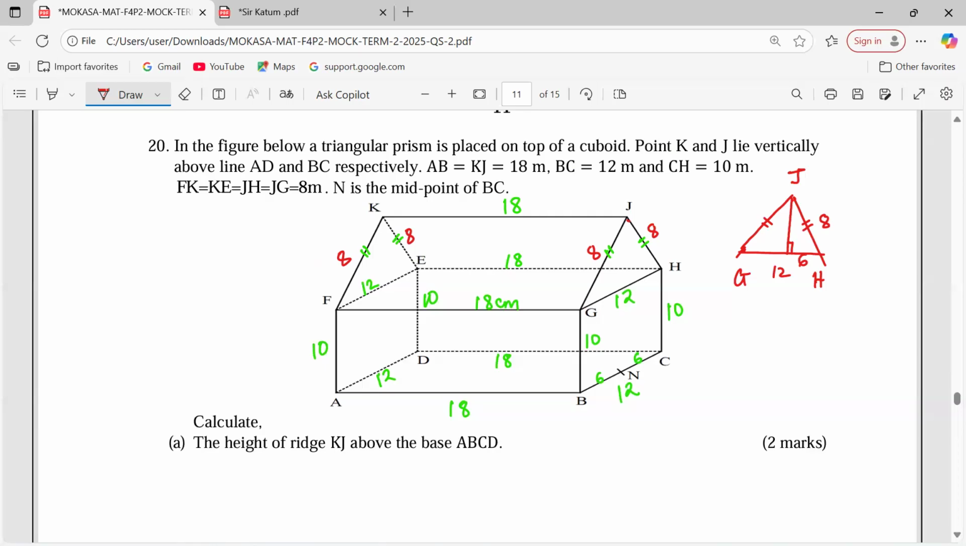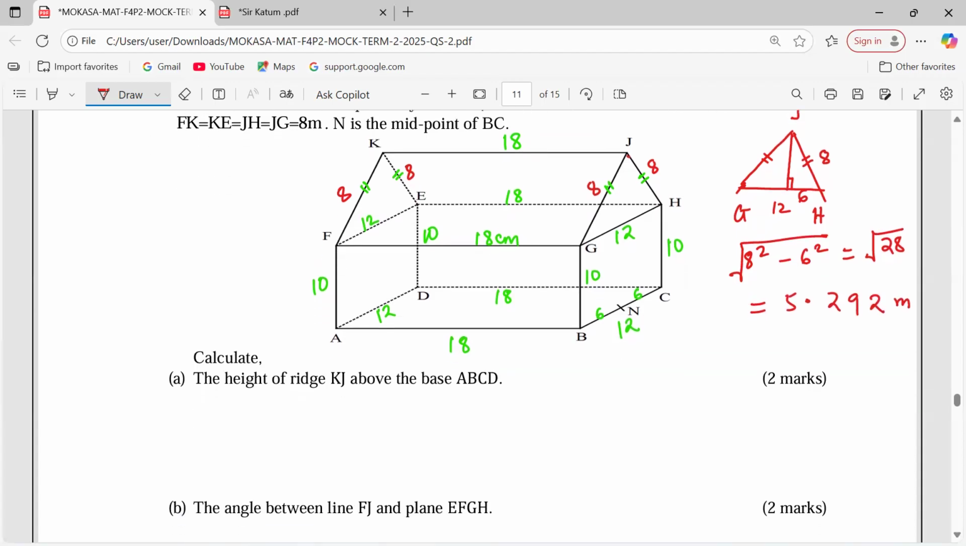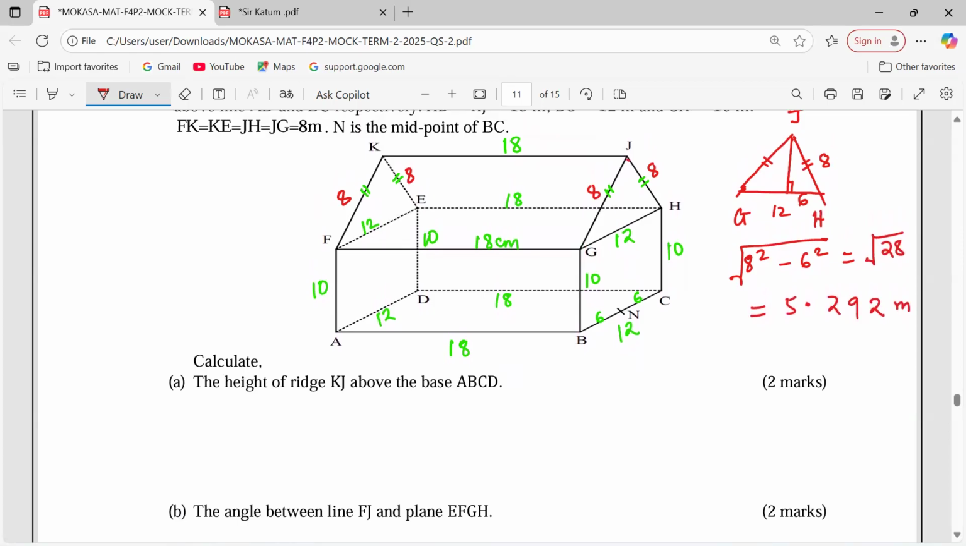Then now we can say that 8 squared minus 6 squared, then we take the square root. We shall get the vertical height at that point. So this is going to be the square root of 28. This is going to be 5.292 meters, meaning that the vertical height of KJ from the base, the height of ridge KJ, where is it placed? That's going to be 10 from the base, because already,